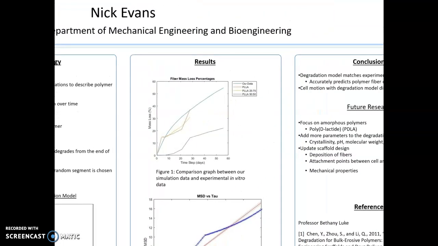In figure 1, this shows the results our degradation model reproduced. The blue line is our results, and the other lines are in vitro experimental data. We were very happy with the results that the comparison graph showed. Overall, our data generally follows the degradation of pure PLLA and PLLA 25 to 75. This PLLA 25 to 75 and PLLA 50 to 50 was based on an experiment completed by researchers that wanted